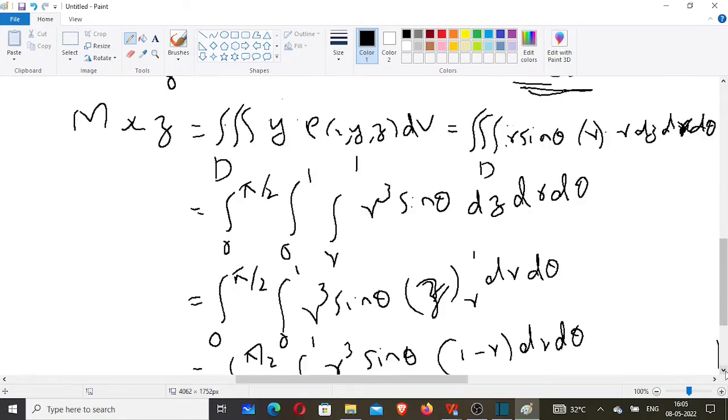Now myz is equal to triple integral over y into rho of xyz dv. We have to convert it into cylindrical coordinates. So y is equal to r sin theta, and rho of xyz is r. When we convert the dv expression into cylindrical coordinates, one r is there, r dz dr d theta. So it becomes integral 0 to pi by 2, integral 0 to 1, integral r to 1, r cube sin theta dz dr d theta, which is equal to integral 0 to pi by 2, integral 0 to 1, r cube sin theta z within r to 1 dr d theta,